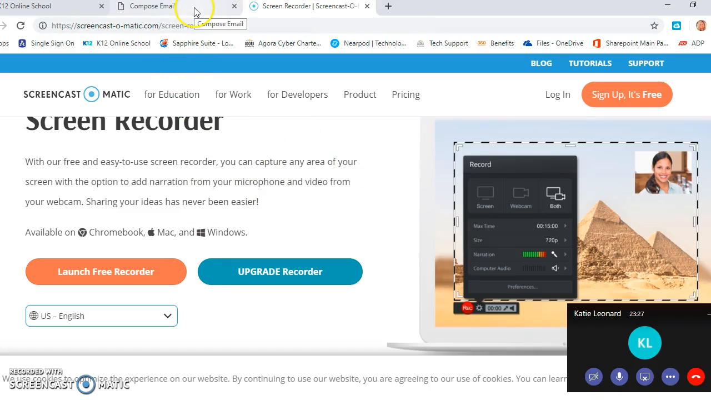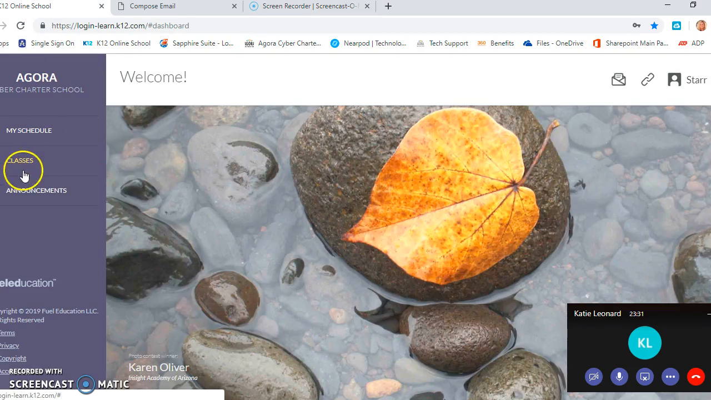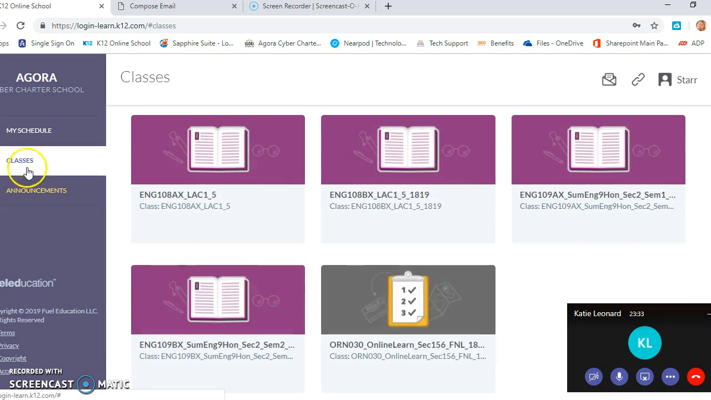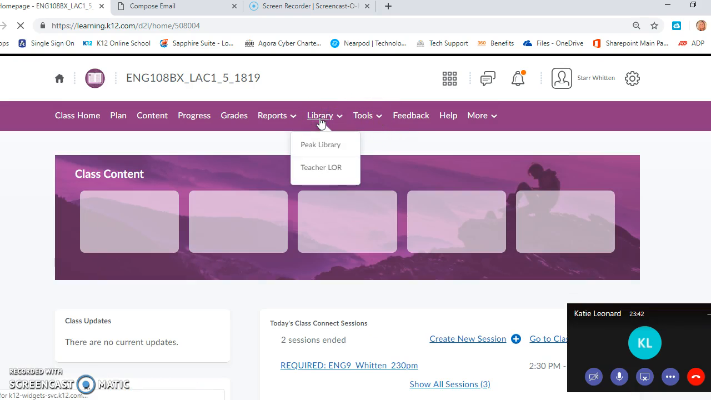Okay, so we are in the grade book. So we are in classes, 108BX. And then we're going to go to library because basically there's this giant web